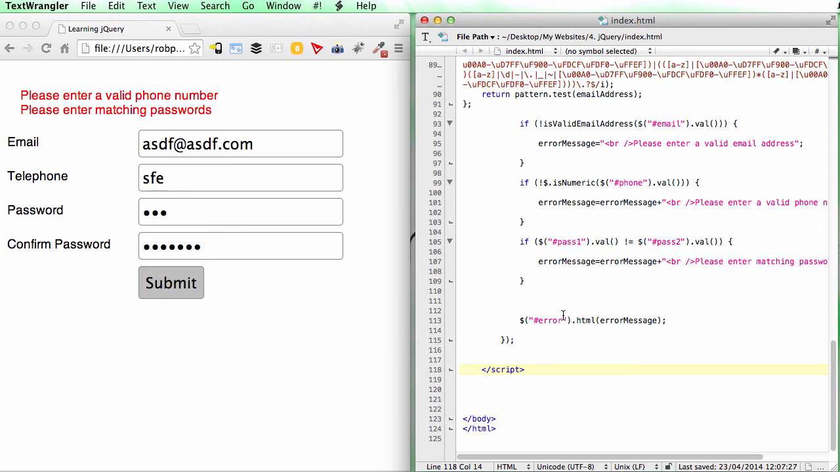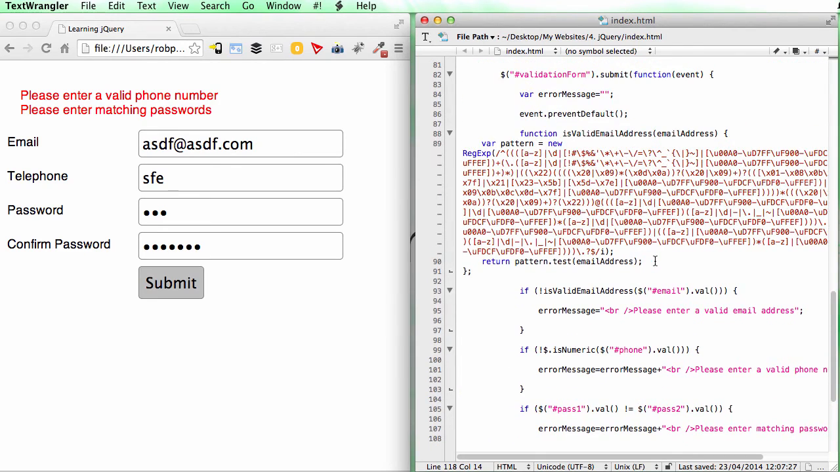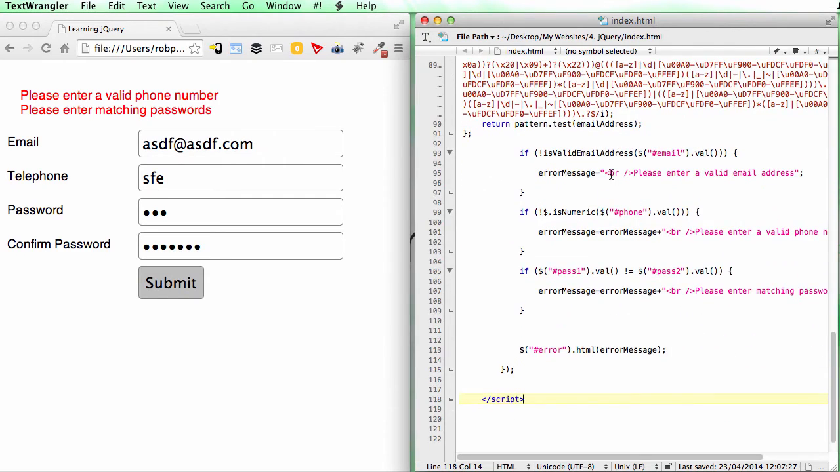I think the easiest way to tell is to look at the content of the error message string, because this error message string was set to empty at the beginning of this function. And then if all of these turn out to be fine and valid, then the error message string will still be empty. So all we need to do is say, if the error message string is equal to nothing, if it's empty, then